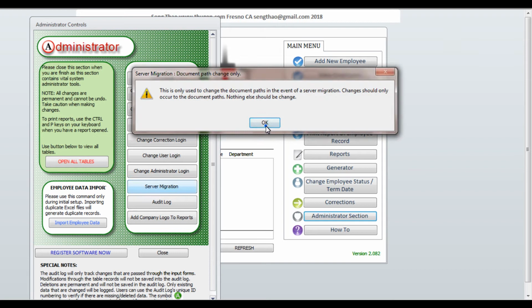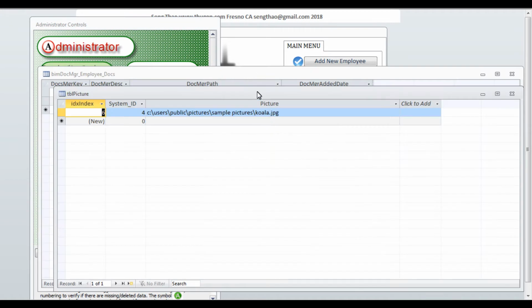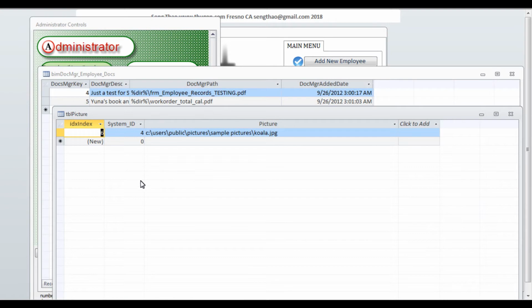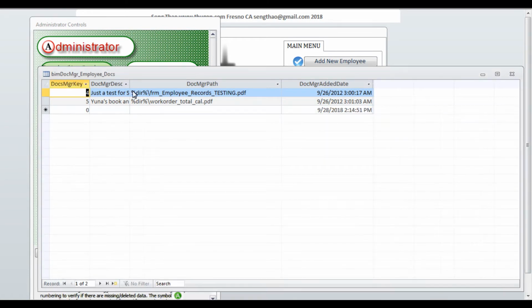Server migration. This button here, if you are running the software on a server or a network and you decide to move the application to another server, you can open this, and there are only 2 things that you really need to concern yourself with. This is the path here. If you do decide to move this, let's say from server 1 to server 2, you can change the path accordingly to what you move to, and everything else should stay the same. For example, the file name should stay the same, but just the path here could be server 2. Okay, and here,